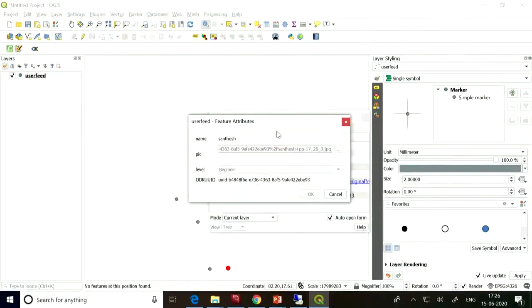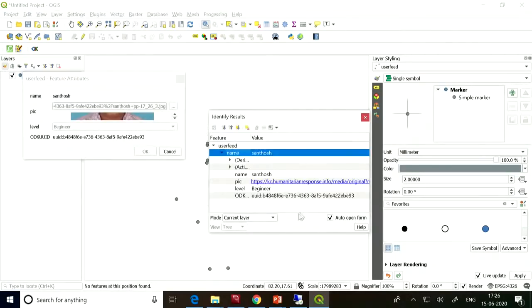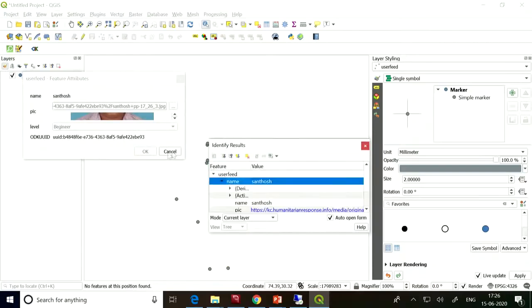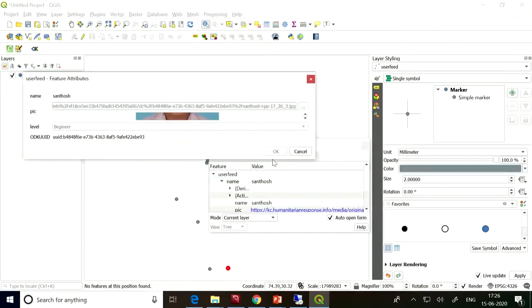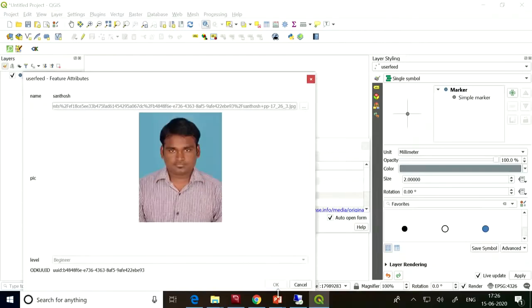So if I click it here, yes, Santosh has a submission with his passport size picture, right? Which I can see. See, so all of you can see, right?